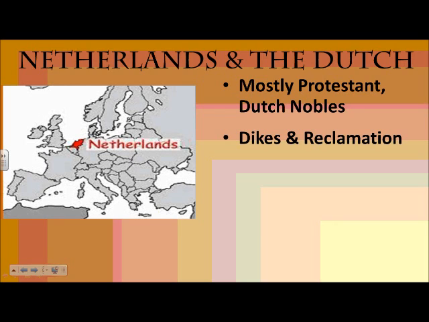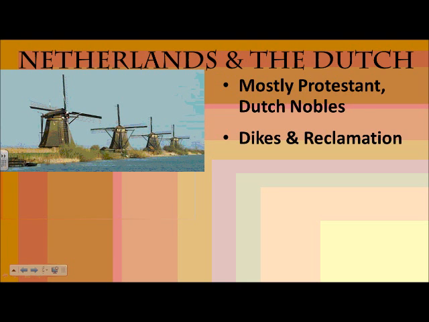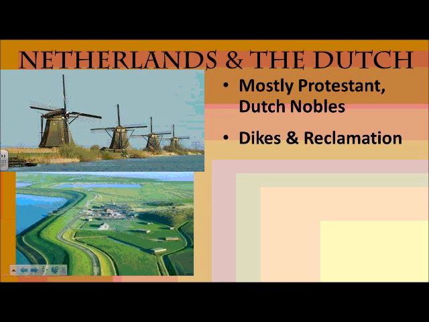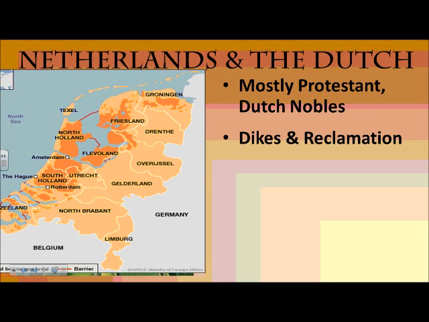The Dutch are very industrious, very clever, and because of their location right next to the water, Netherlands means underlands or lower lands. Much of this territory is underwater. It is under the North Sea. So they create this crazy system of dikes. A dike is a physical barrier, and using windmills, they pump out water. Once they've built a physical barrier, they pump out water from behind that barrier and reclaim it. They are reclaiming territory from the ocean. So everything you see there in orange was previously underwater.